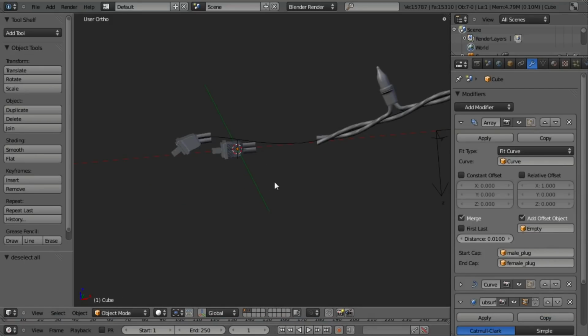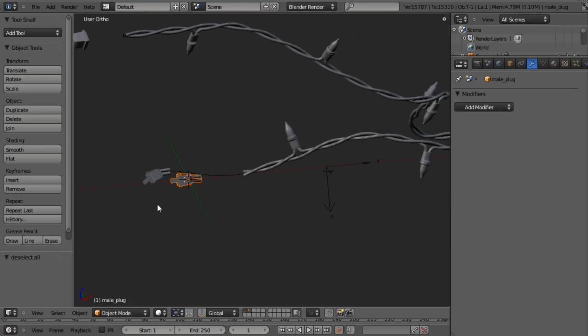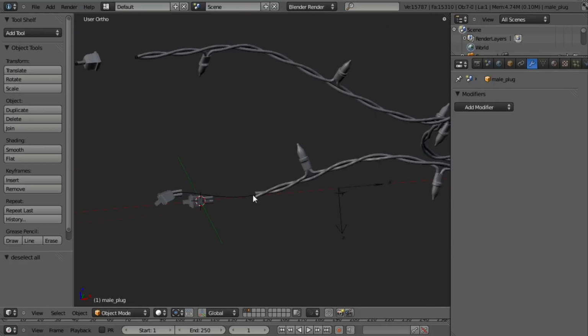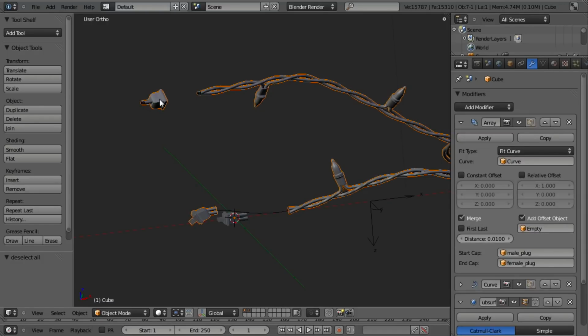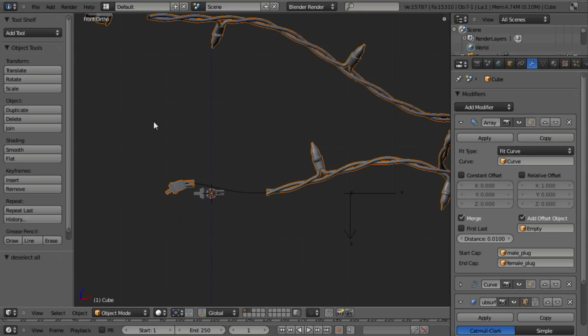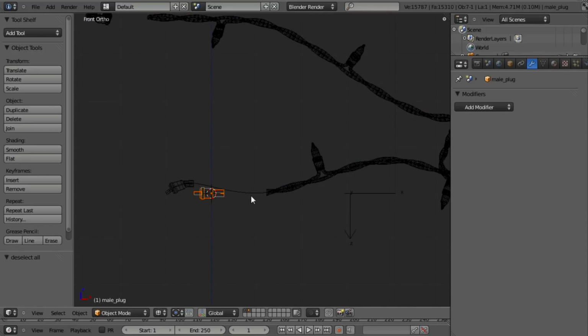So you can see right now that the plugs are not lining up with the end caps here. You also notice that they're not lining up with the end of our wires. You also notice that this one here is flipped. And so what we need to do is to actually move these and apply their location such that the array